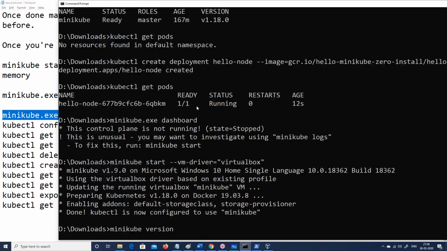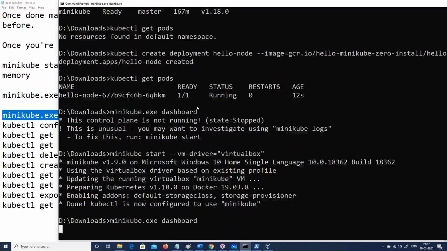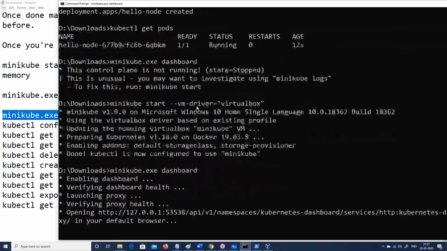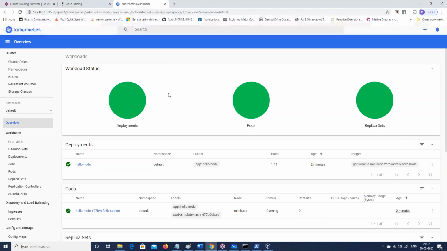So let's see now. I thought it would go and do something more horrible. Actually, looks like it went ahead and did something, and my dashboard was not running. You can see now my dashboard is running. Right? You should never do things like this during training. So you can see this is my dashboard.